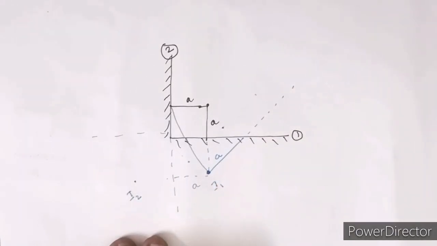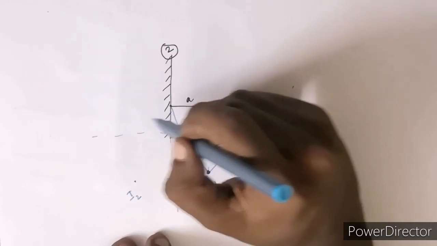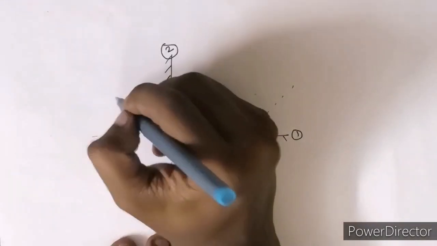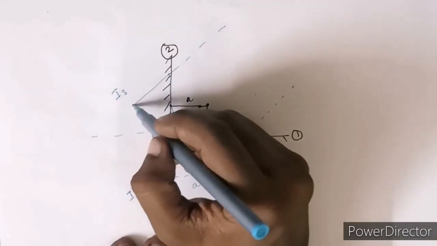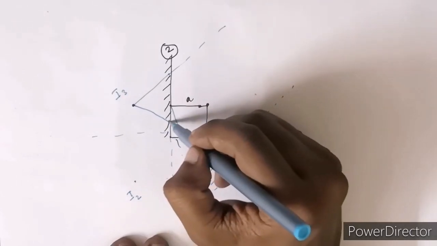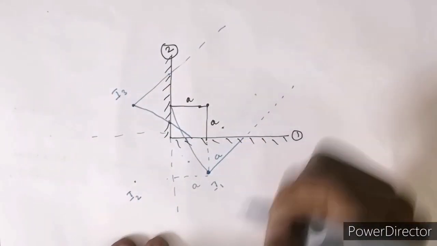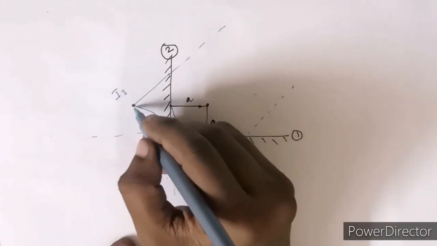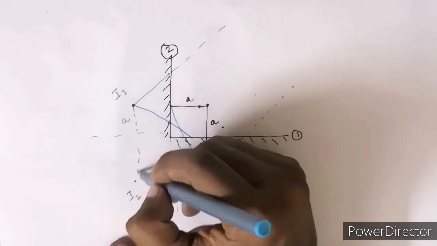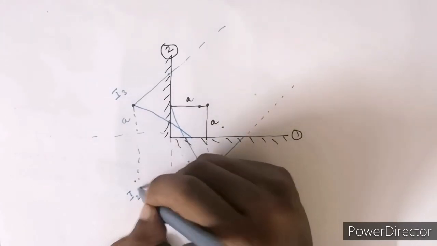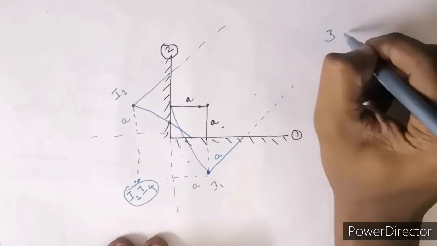Fine. Let's move on to the next mirror. Find out what happened in this case. Here we are getting an image here, right? And this is our image number 3. In this case, two rays are going on, no problem, it goes like this. And here one ray is coming and hits here. And this third image is the object for this first mirror, so we are getting an image at the distance A here, exactly the same distance as here. So this is A, and we are getting another image here, image number 4. So images number 2 and 4 are at equal distances. So we are getting 3 images